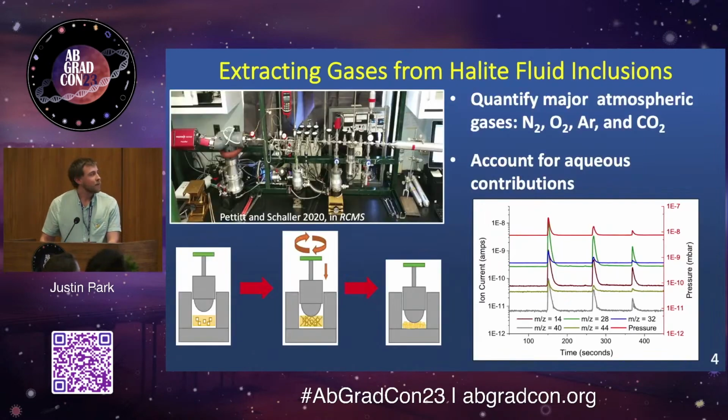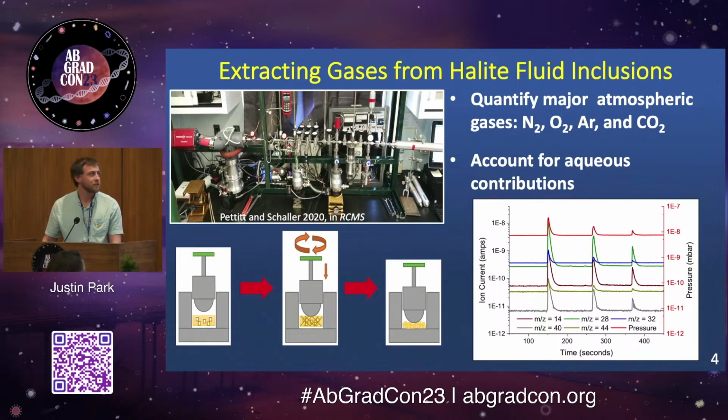So we can do this by loading our samples into a special crushing device. Crushing them, this ruptures our inclusions, and we can pass the gas directly into a quadrupole mass spectrometer. When we do so, we see peaks in our signal that correspond to each crush. These peaks can be integrated and quantified by comparing to known calibration points. Thus, we can get an idea of the composition and known amount of moles of nitrogen, oxygen, argon, and CO2